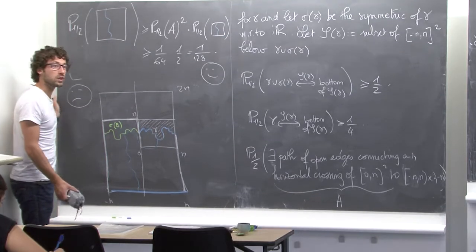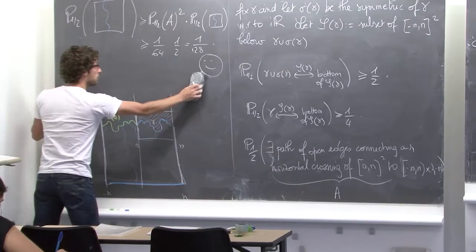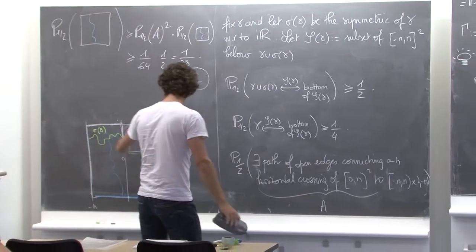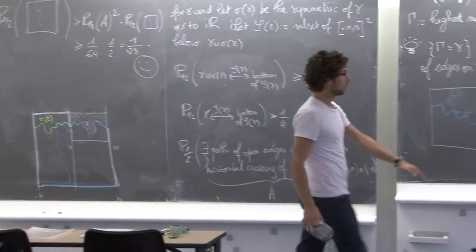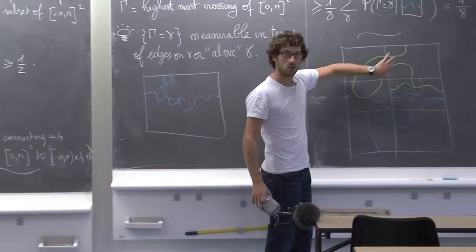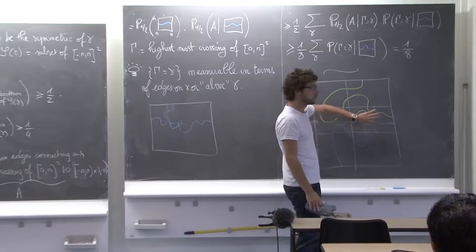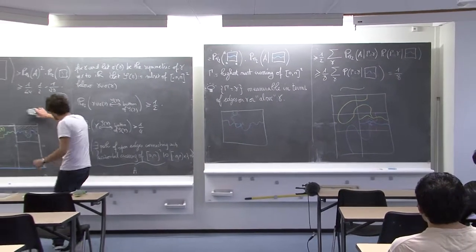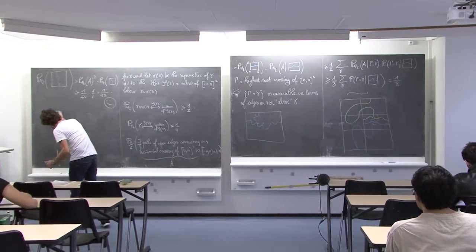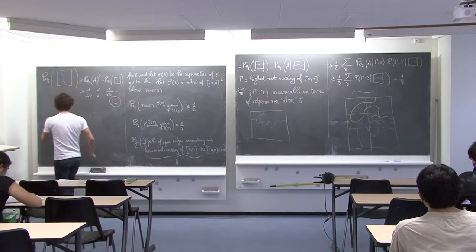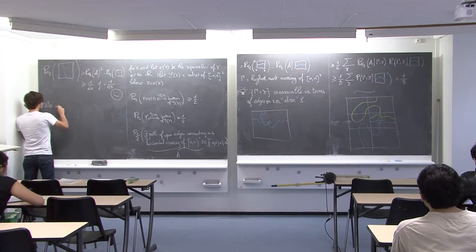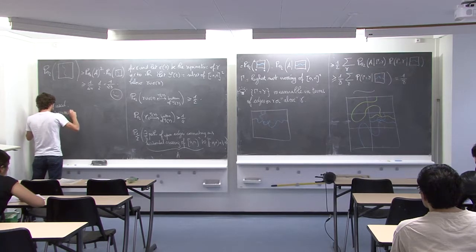So what did we use here? We use symmetry at many places. Here we use vertical symmetry, symmetries with respect to this line. Here we use symmetry like that because we are using the dual path. We used before the duality. So most arguments, they were using symmetries. Actually, duality you don't need, in fact, but here we use it. So we use symmetry.